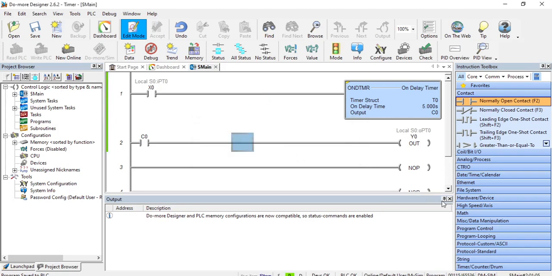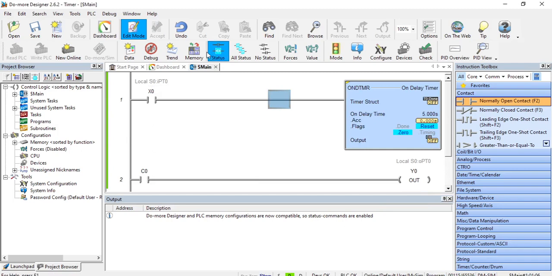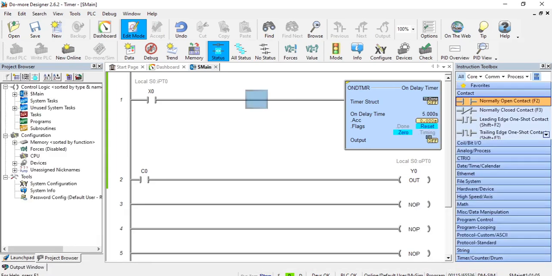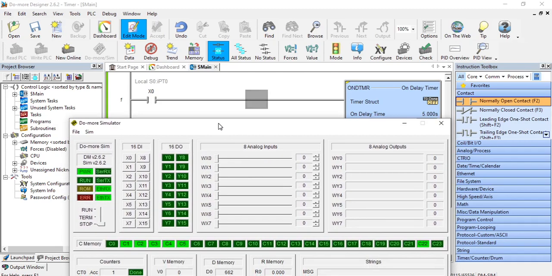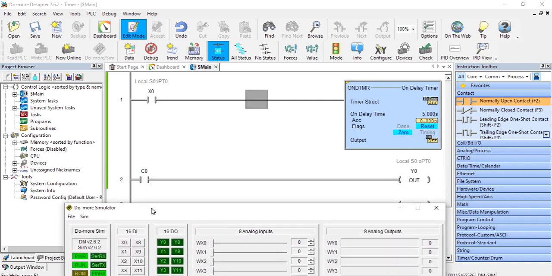I will also put on status. So if you click this simulator, you can also see the timer in real time. So this is my simulator. So what I expect to see, so I'll put this in run mode. What I expect to see is that once I press X0, the timer will start, count to 5, and then